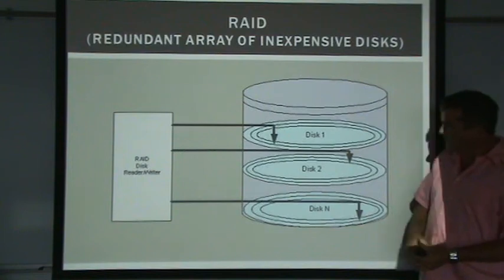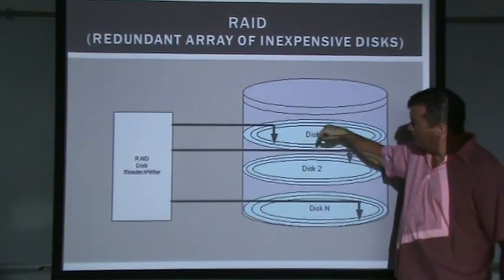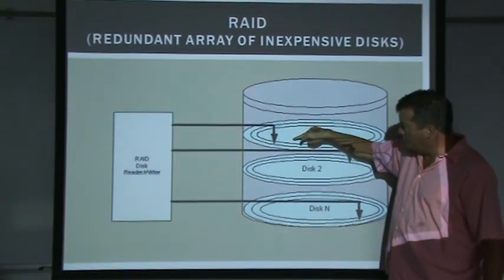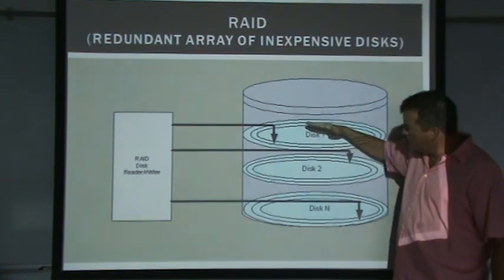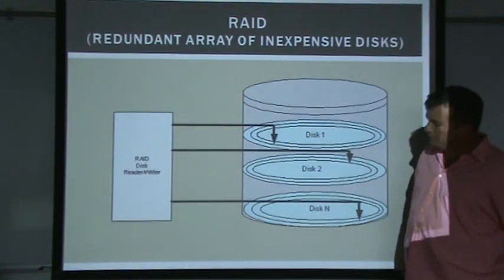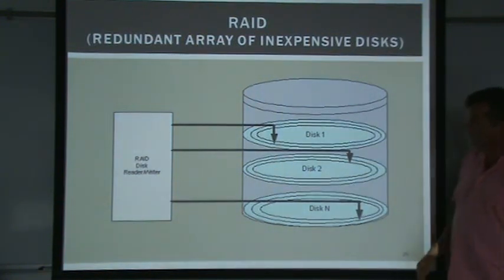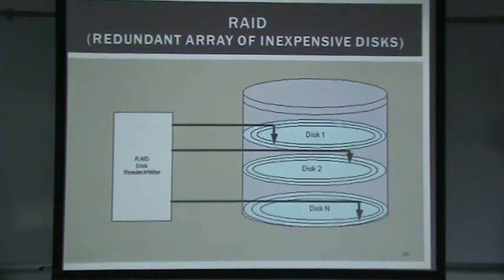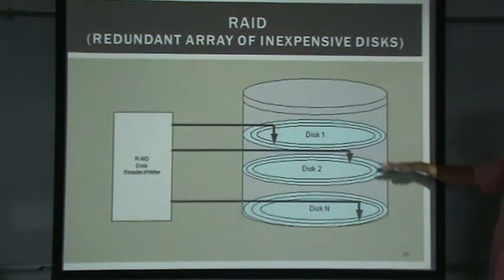So this would not be like reading off of one disk and then spinning the disk and moving the read-write head to another part and then reading there and then another part. All the reading is done in parallel. The data is transferred into electronic memory and the file can be put together much quicker. So this is pretty popular for high-speed access of files off of a disk, or off of a disk system. And it's typically called RAID, which is a redundant array of inexpensive disks.